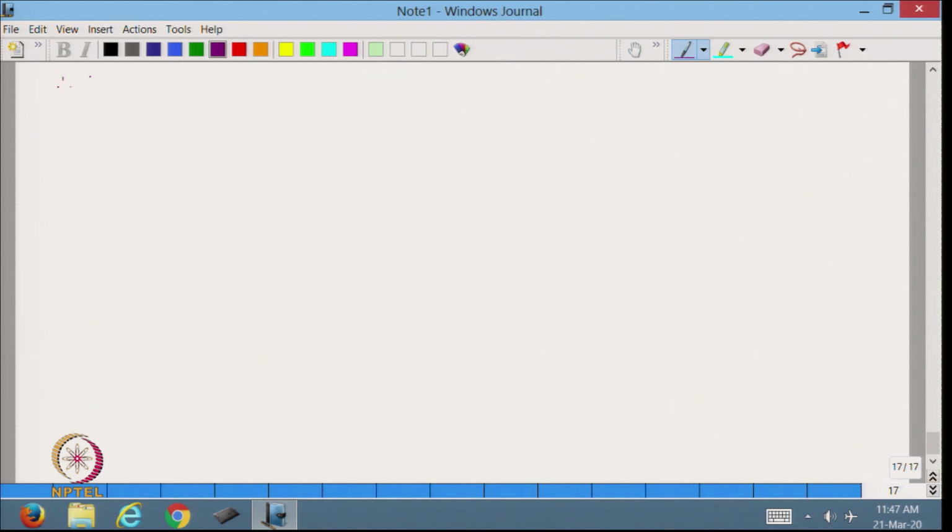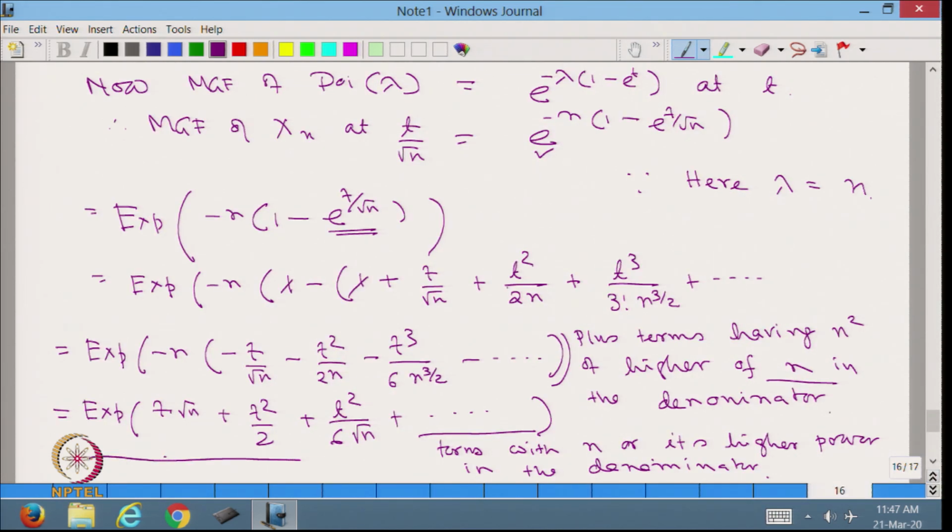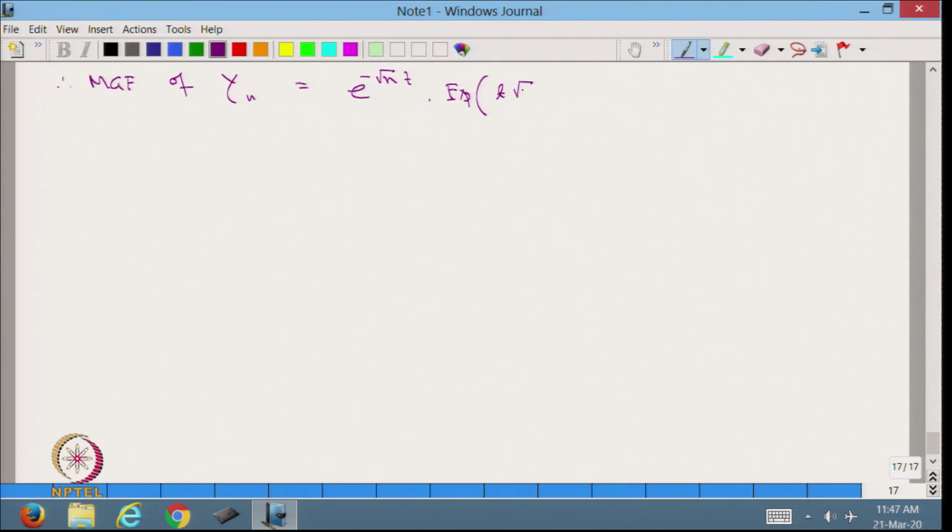Therefore, the MGF of Yn is equal to e to the power minus root n into t, multiplied by the exponentiation of this term, that is, t by root n plus t square upon 2 plus t cube upon 6 into n to the power half, plus terms with higher power of n in the denominator, is equal to e to the power minus root